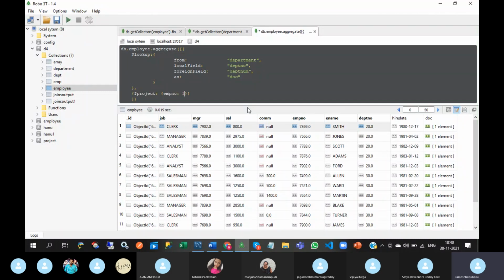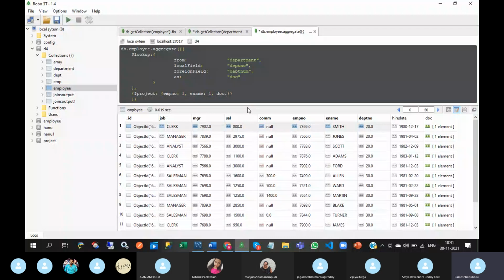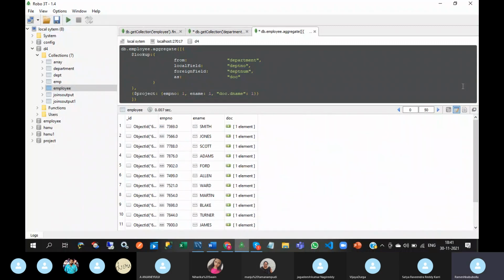Employee number 1, employee name 1, document.ename, which should be in quotations, 1. See this.